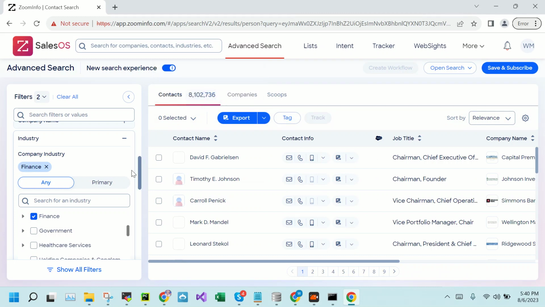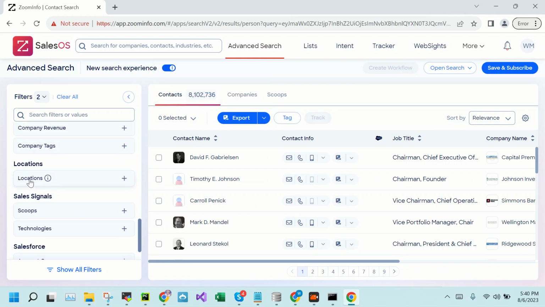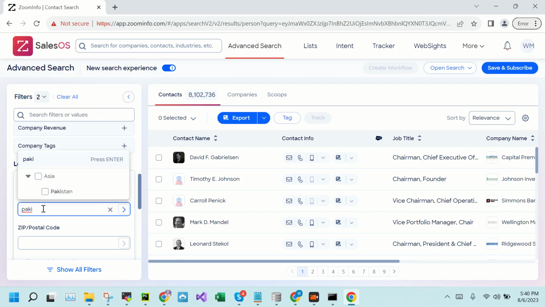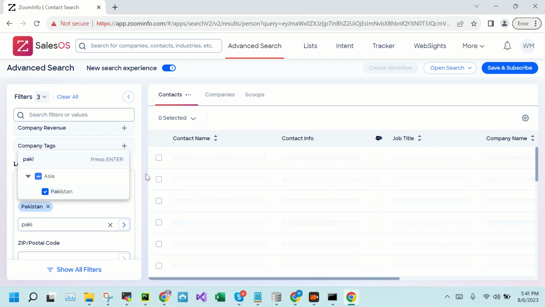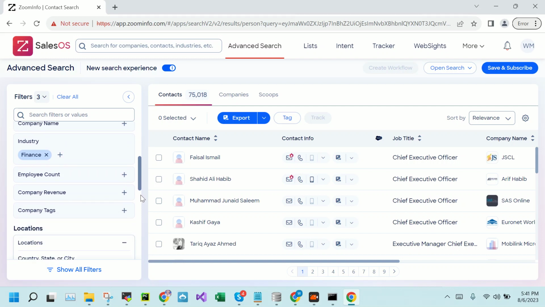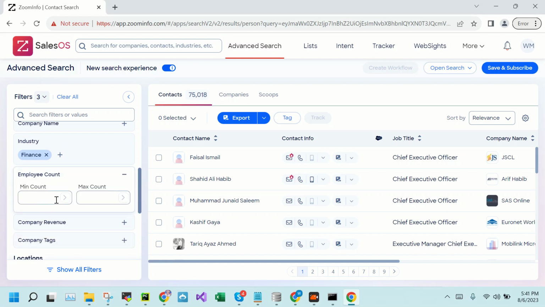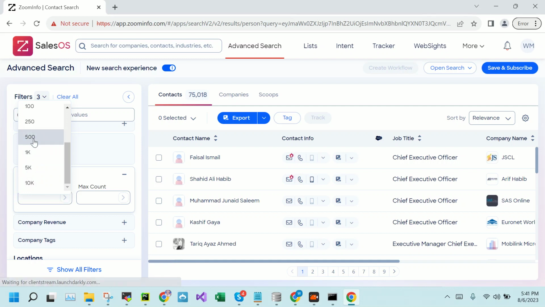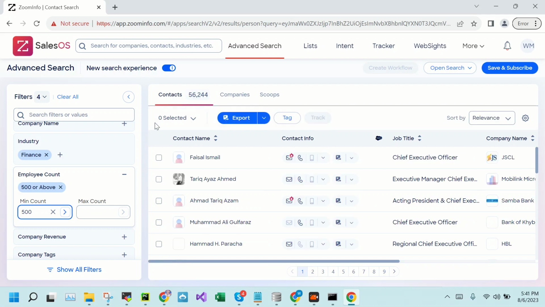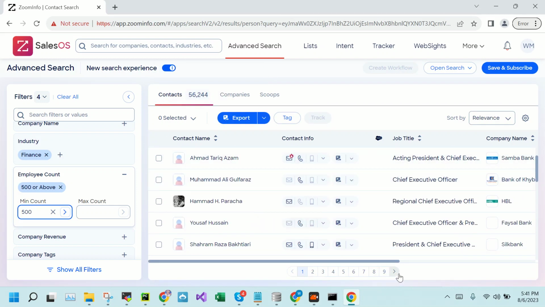Let me set the location to Pakistan, and let's say employee count to 500. One thing you must remember is that, because of pagination, Zoominfo does not allow us to go